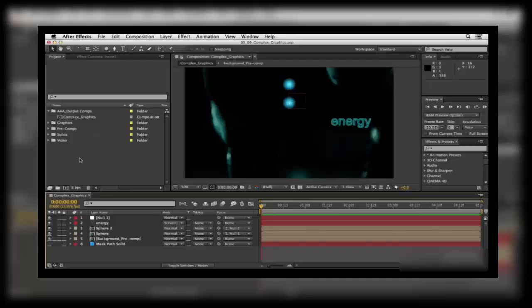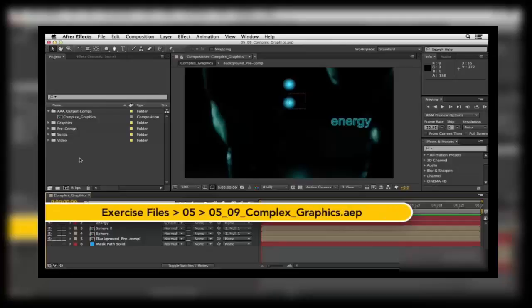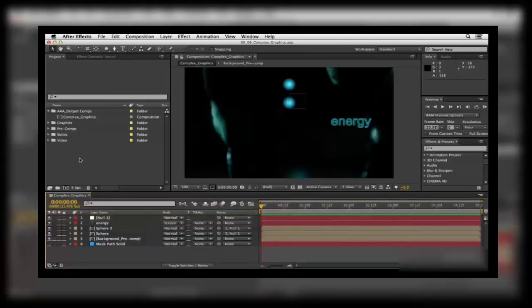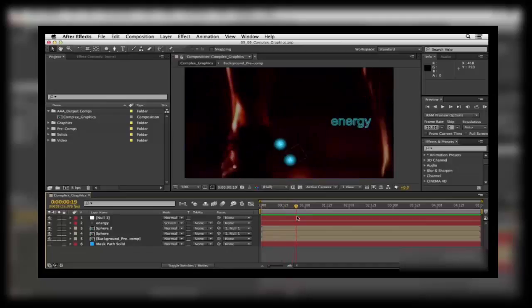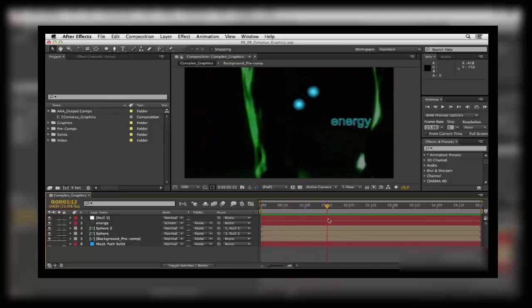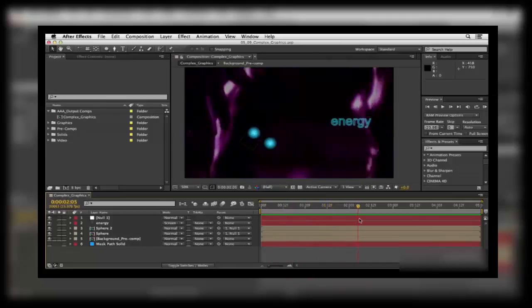If you want to create a seemingly complex graphic inside of After Effects, it's just a matter of pre-composing. Now let's look at the project that we're currently working in by clicking on the current time indicator and scrubbing through the timeline. Now I can see that I have a null object, and that's what's controlling these two spheres